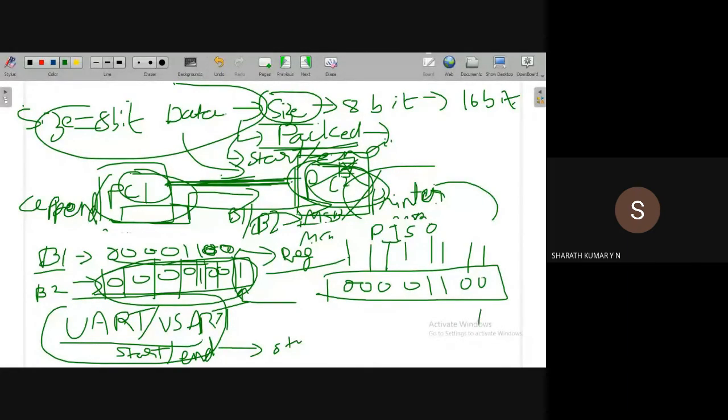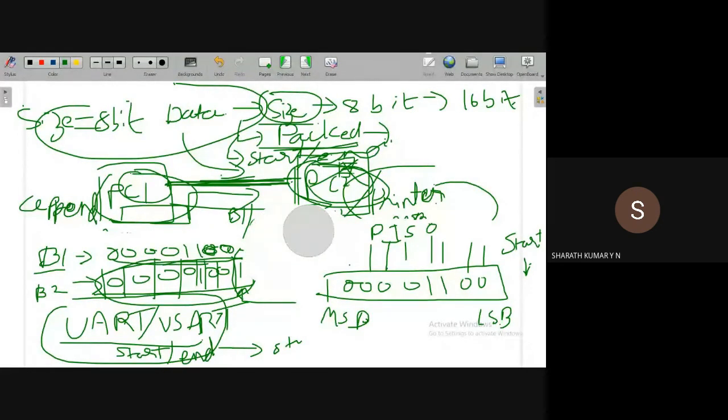If this is LSB and this is MSB, the start bit comes before the LSB, and the stop bit, also called the end bit, comes after the MSB. In some texts you may come across the word end bit or stop bit.